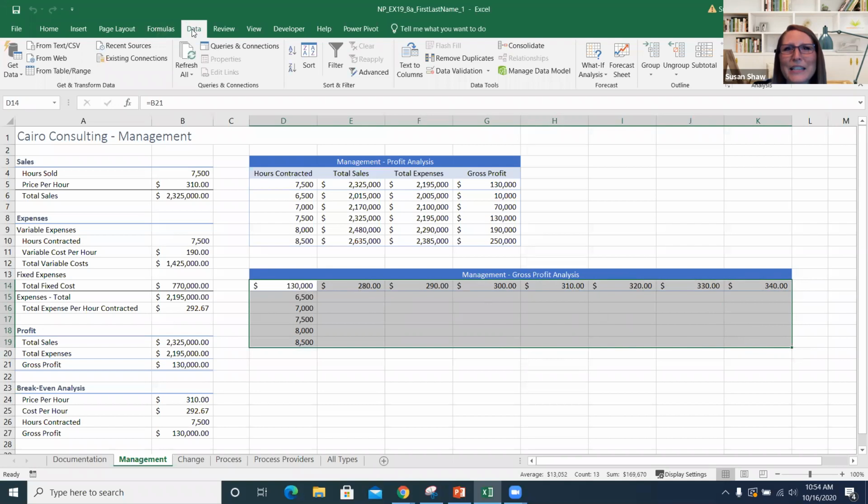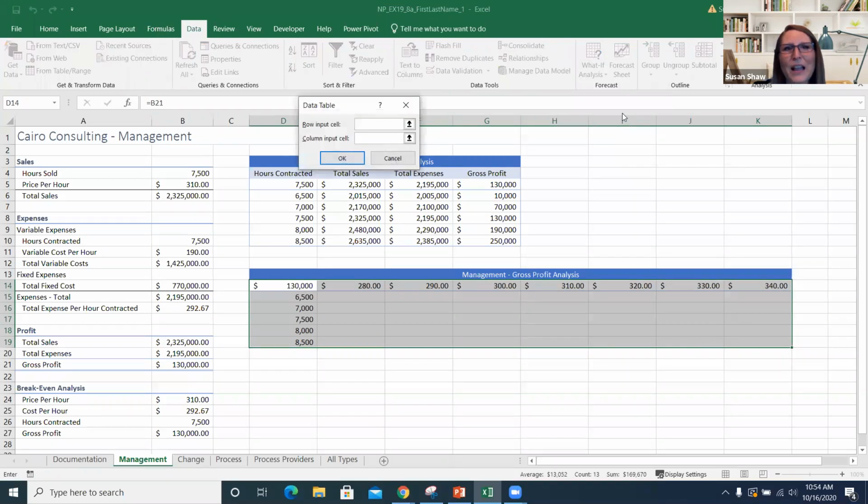Again, we're going to go up to the Data tab, Forecast group, What-If Analysis, and select Data Table. On this one, since we have two variables that we're inputting, we're going to be putting in both the row and the column information. So again, make sure you follow the directions on this and do exactly what it tells you to do, because it says to do